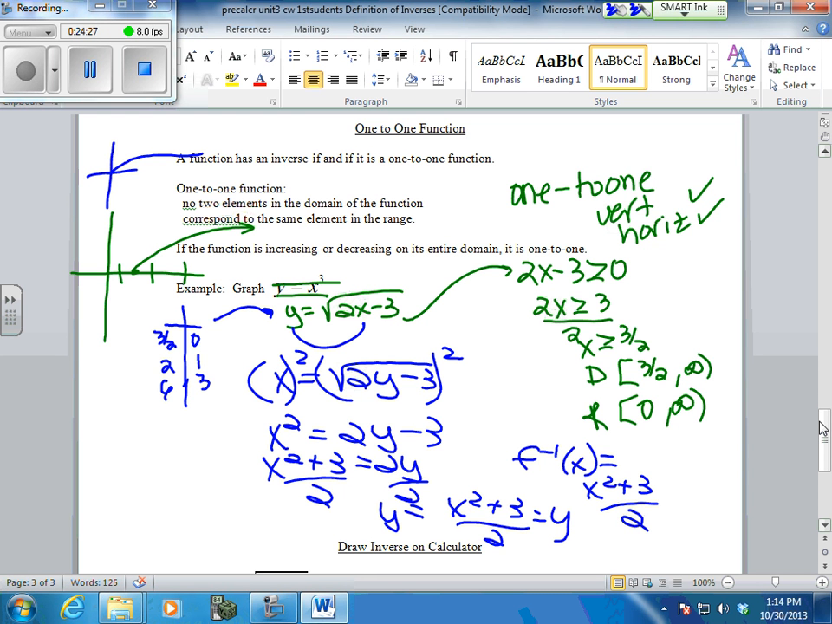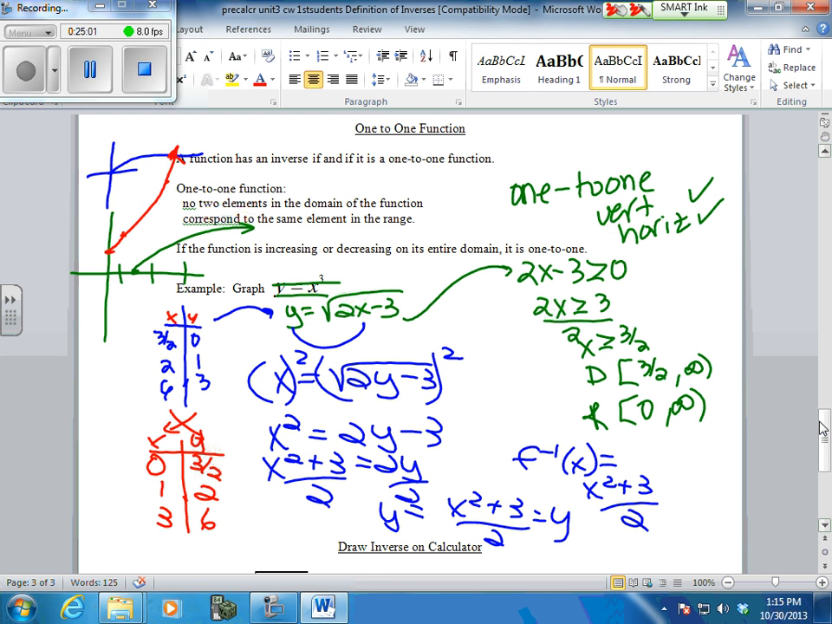Now my inverse says I should swap these, right? My inverse says swap these x and y's. So this should become 0, 3/2, 1, 2, 3, 6. Agree? I'm going to graph this guy. 0, 3/2, 1, 2, 3, 6. Up here. It's going like this. Is that